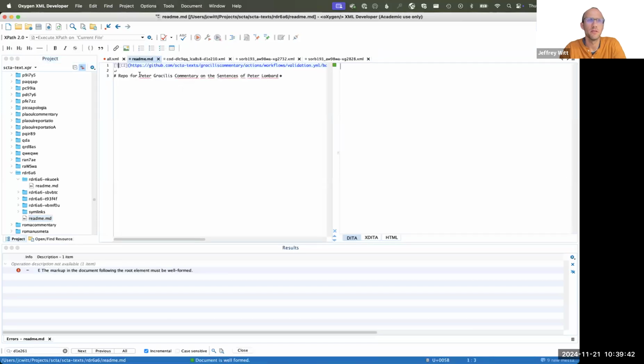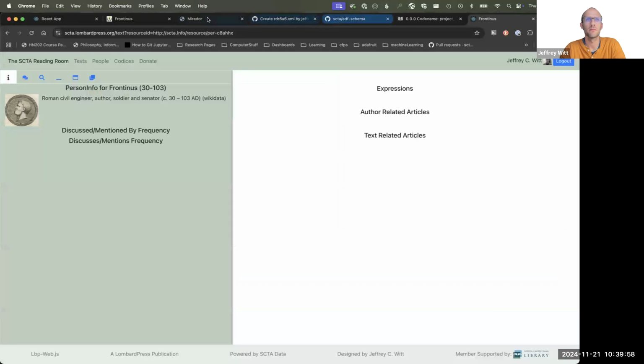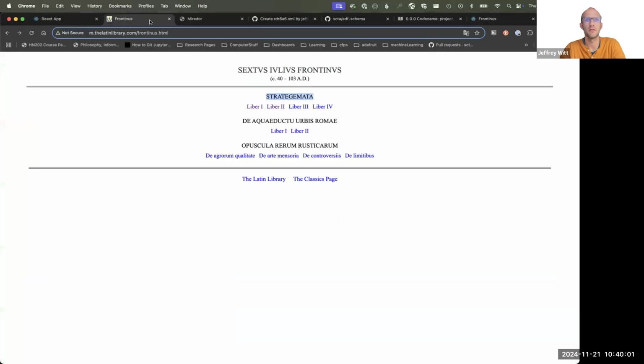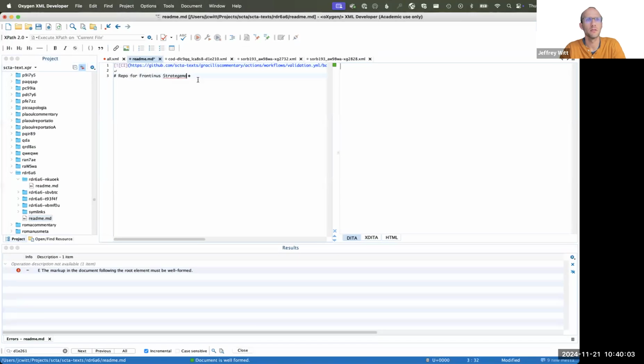We're just going to modify this to say repo for Fontinus Strategema. Is that what we call it? Stratagemata. Stratagemata. Okay,